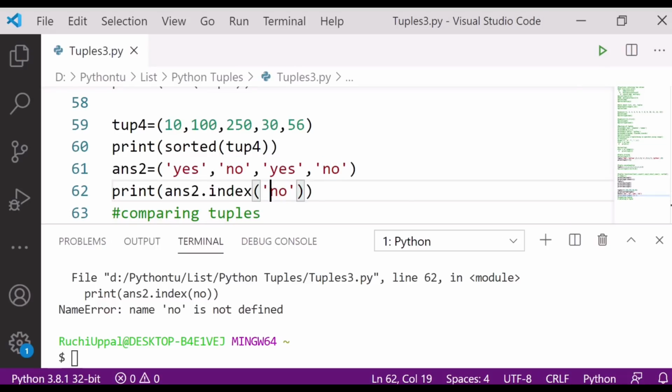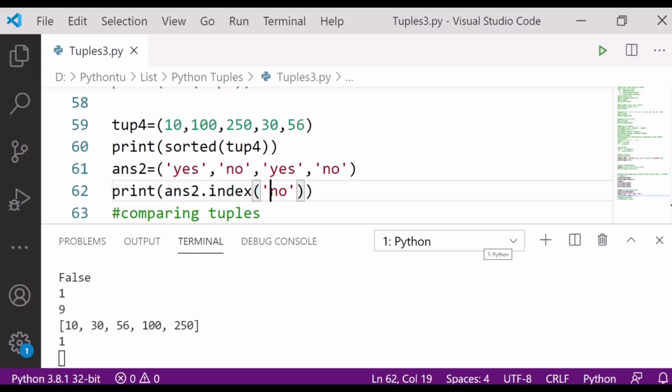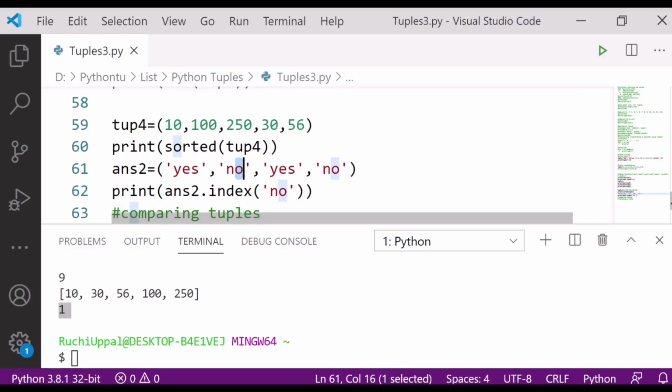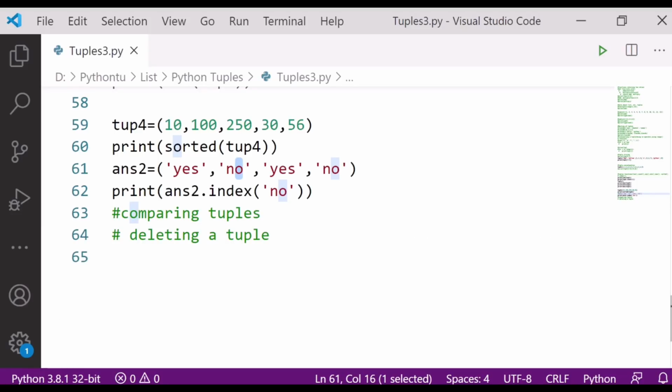Okay guys, so it is showing me one value, so that means it is present over there. It is checking the index value, it is at the first place 0, this is one place. So this is how we can get the index value of our tuple.